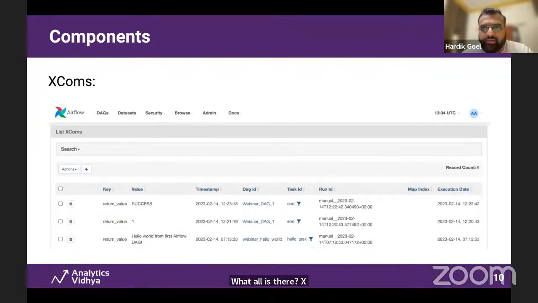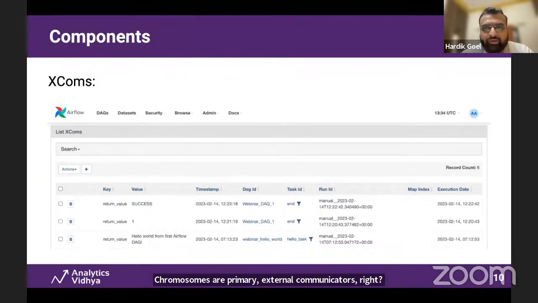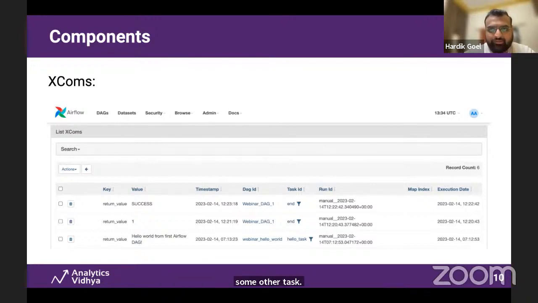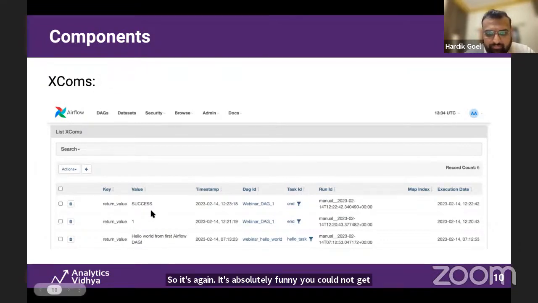XComs. Your XComs are primarily external communicators, if I'm not getting that wrong. What it means is, for example, from one task you want to send some value which needs to be pulled from some other task. That's the XCom. It is kind of an advanced concept, not a beginner's level concept. So it's absolutely fine if you do not get it in much detail, but just to get a sense of it,